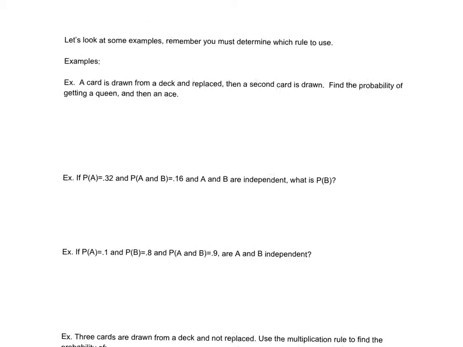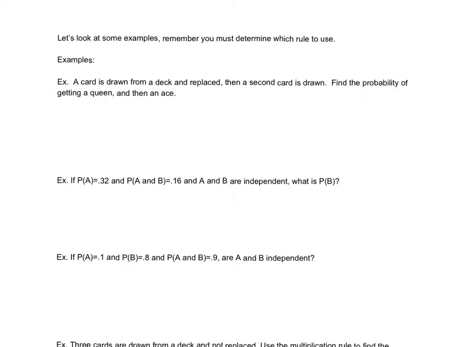So now we're going to look at some examples and we're going to determine which rule we're going to have to use to find the probability. In our first example, a card is drawn from a deck and replaced, then a second card is drawn, and we want to find the probability of getting a queen and then an ace. Because we are replacing the card, this is an example of an independent